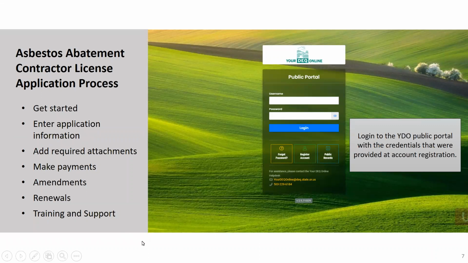Okay. All right. Thanks, Kara. So as you'll see when we get to the end, you'll enter this public portal system and you'll log in and create your account and register. And every time you come in to either submit a notification, submit a clearance report, air clearance report, or to file your license application, you'll log into that same public portal using the credentials you set up when you registered your account. So we're going to walk through some different tabs that you're going to see and get you familiarized with the system overall and what you can anticipate as you walk through submitting your license application.